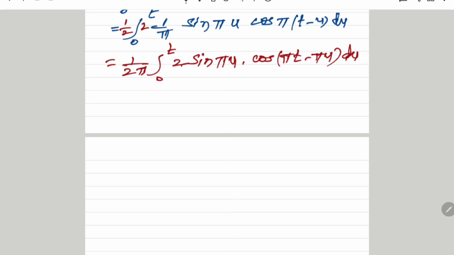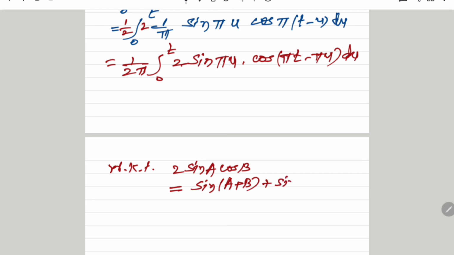To perform this integration, we know this result. 2 sin a cos b. This product we can convert to sum by that defactorization result. 2 sin a cos b is sin a plus b plus sin a minus b, and therefore